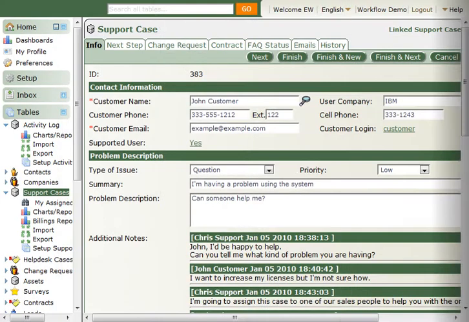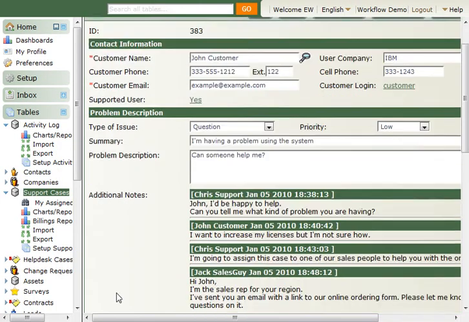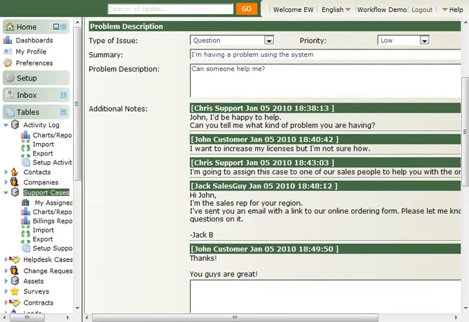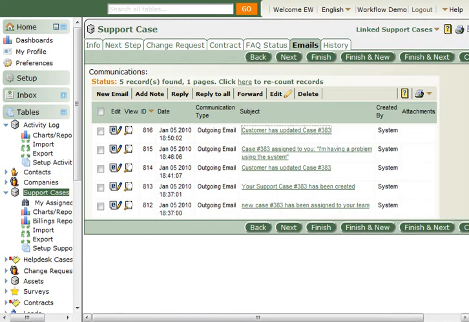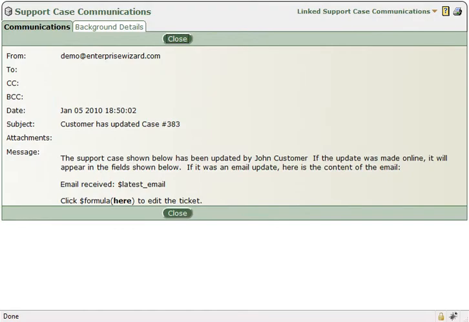At the simplest level, when users work with records, they can easily see the progress and history of their communications. Append-only fields make it easy for staff and end users to communicate with each other. Every entry has a time, date, and user name stamp, making it easy to see all the communications that have taken place. In addition, a communications table tracks all emails sent to or from the system. These emails are linked to individual records, so from within a case or user record, you can see all of